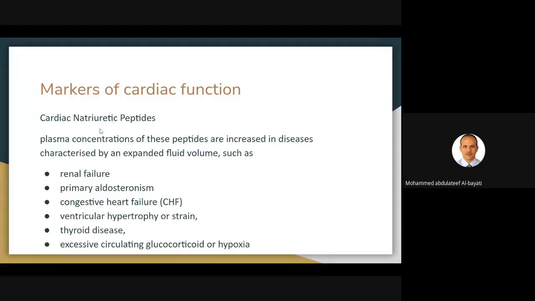Natriuretic peptides function as natural diuretics. In renal failure or congestive heart failure, the patient will be prescribed diuretics to get rid of excess volume. What the body does is release natural diuretics. This cardiac natriuretic peptide will function to increase excretion of water from the body by the kidneys. So it acts to decrease the fluid.